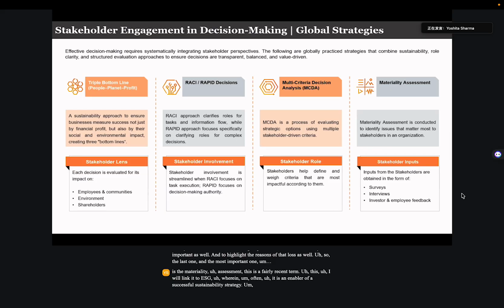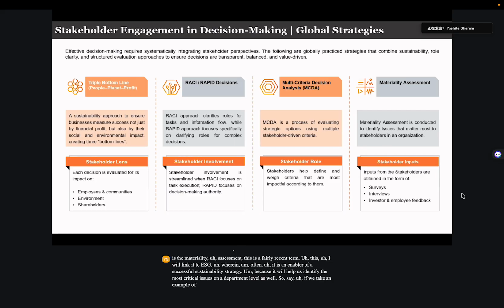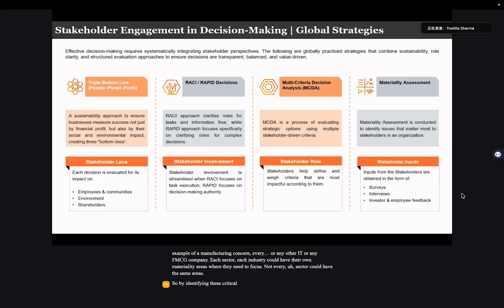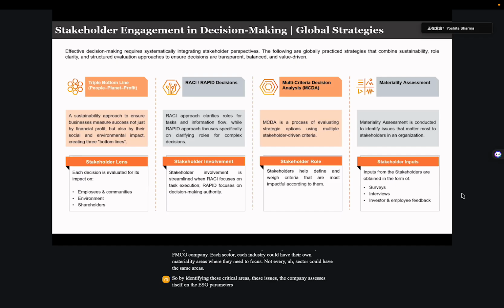Because it will help us identify the most critical issues on a department level as well. Say if we take an example of a manufacturing concern, or any other IT or any FMCG company, each sector, each industry could have their own materiality areas where they need to focus. Not every sector could have the same areas. So by identifying these critical areas, these issues, the company assesses itself on the ESG parameters and sets out its